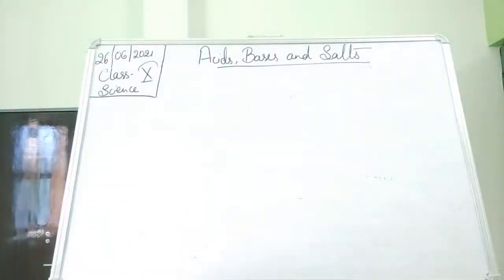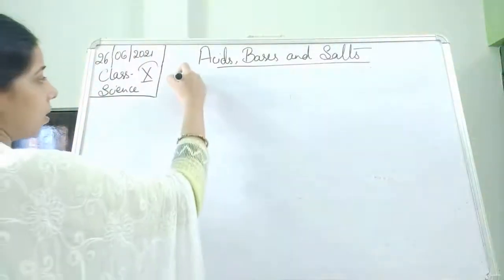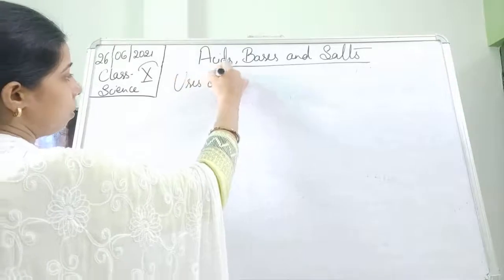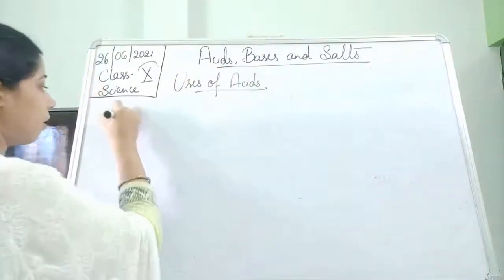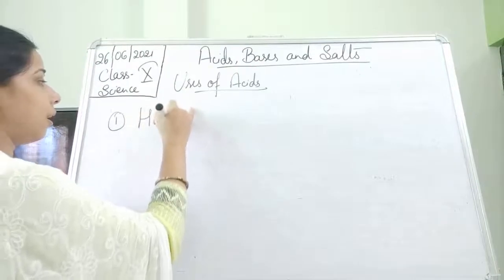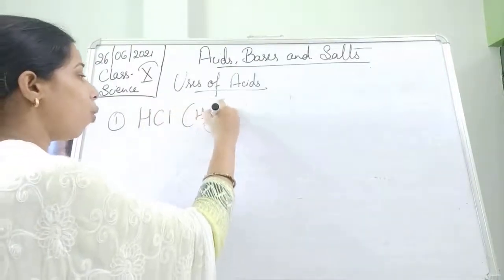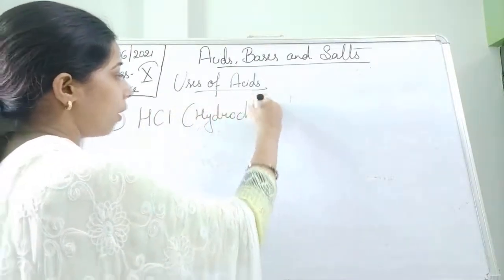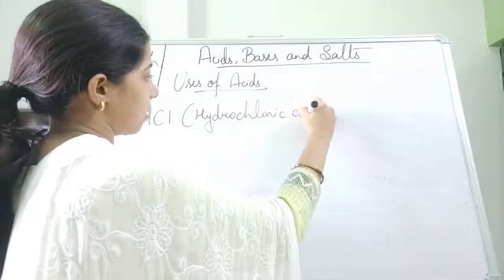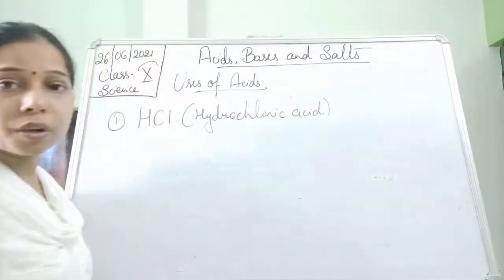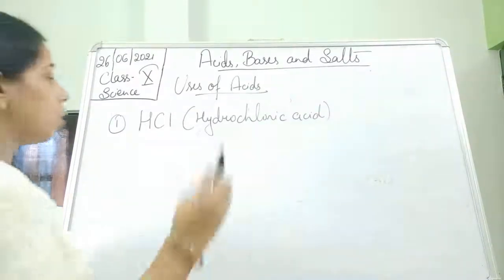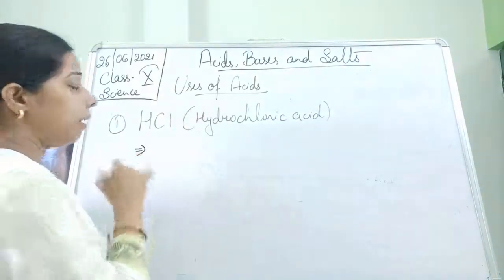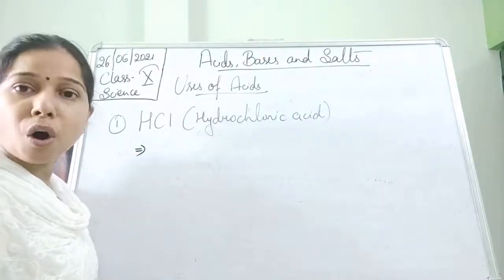Uses of acid. HCl, hydrochloric acid. So the first use of HCl is that it helps in removing the oxide films